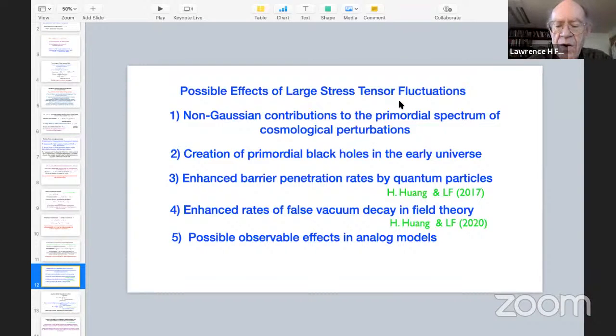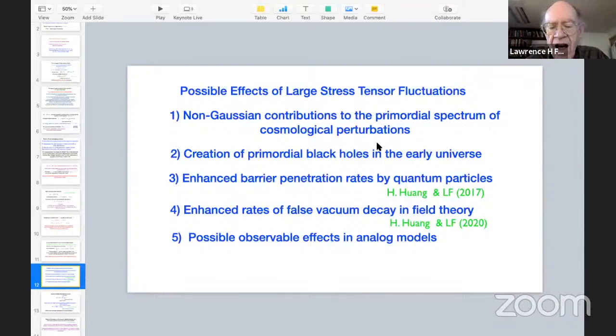And they could also contribute to what are called tensor perturbations or gravity wave perturbations, which have not yet been detected, but are also predicted by inflation. They would show up as things called B modes in the microwave background radiation. They also haven't been detected, but they could also be sourced by large stress tensor fluctuations, as well as by the free graviton field in de Sitter space. So both of those are possible effects that could potentially be detected, especially in the microwave background radiation.